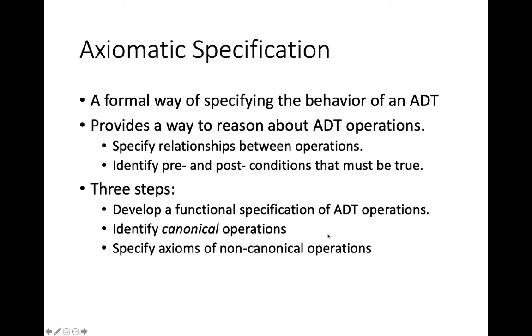There are 3 steps in developing an axiomatic specification of an ADT. The first, right, is to develop a functional specification of the operations itself, right? And we'll talk about what that means in a second. Basically, define the behavior as a list of functions that operate on the ADT. This is going to be very closely related to the list of methods that we include in the interface, right? And then we're going to identify which of these operations are canonical, and then we can, from that point, start